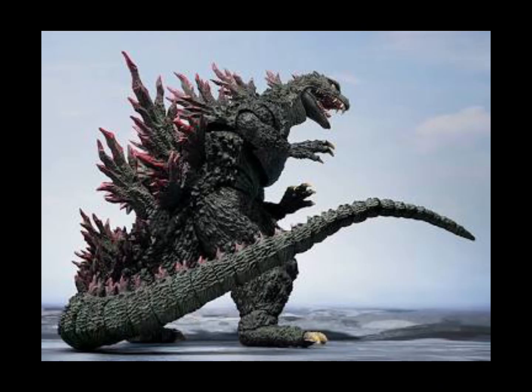Now, I think this figure could definitely get figure of the year. I mean, just come on, look at it. This figure's beautiful. I don't know if it's just me or this figure,